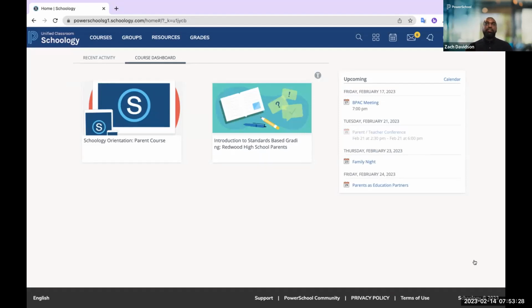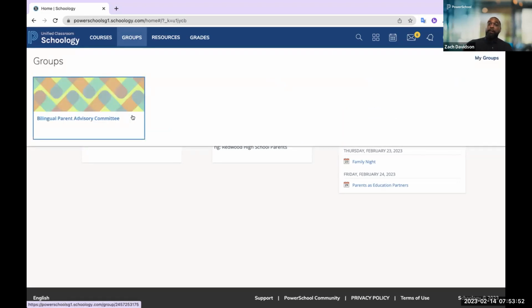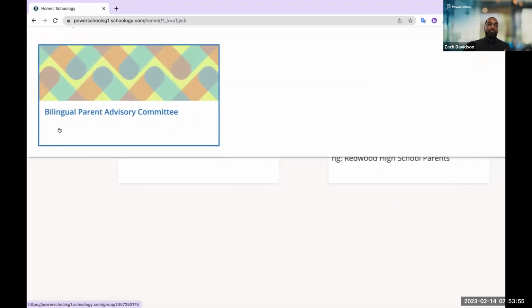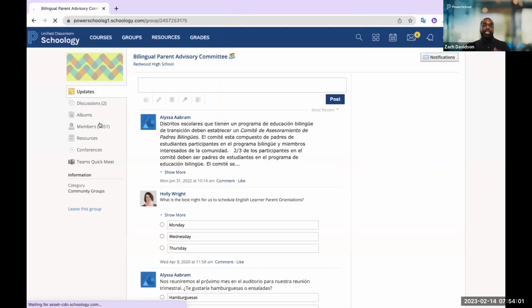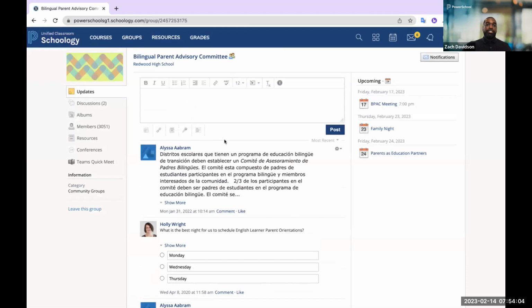Unlike most learning management systems that either don't provide parent profiles, or if they do, it's more of an observer only type of role where they can see what's going on with their student or child, Schoology provides parents to have their own profile because they're involved in the district community. Whether or not you're pushing out courses to parents, or even allowing them to sign up for the prom committee or field trip chaperone groups, or in this example, the bilingual parent advisory committee that Alyssa is a part of, where she can engage with other Spanish-speaking parents here within the school district, right? So these are just some examples of how you can engage the parents, right?